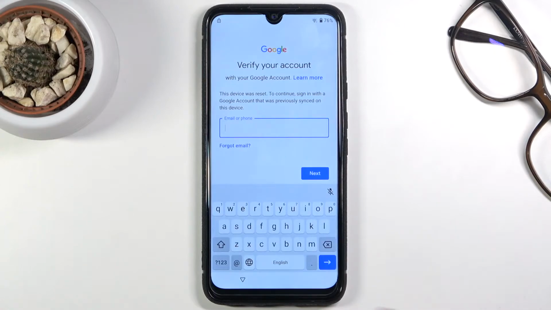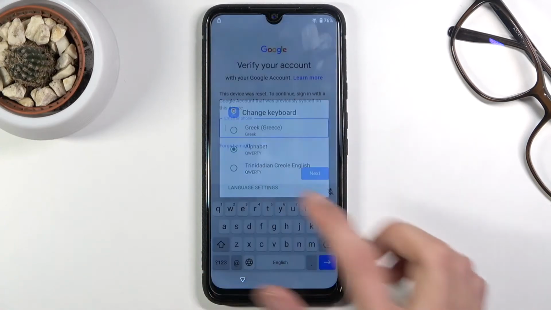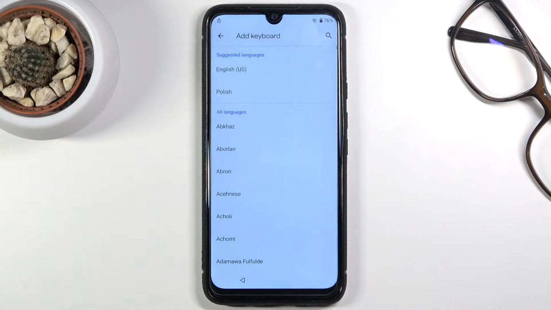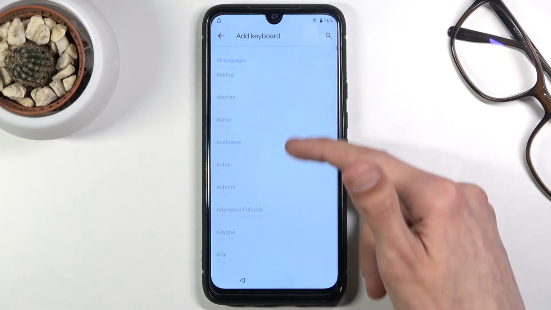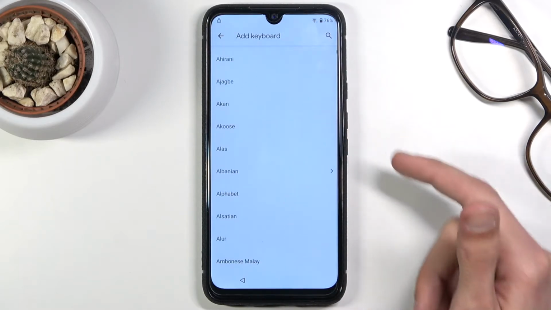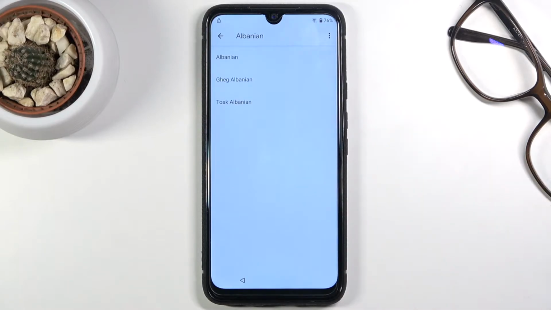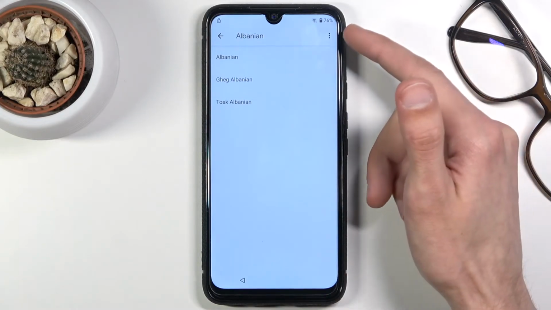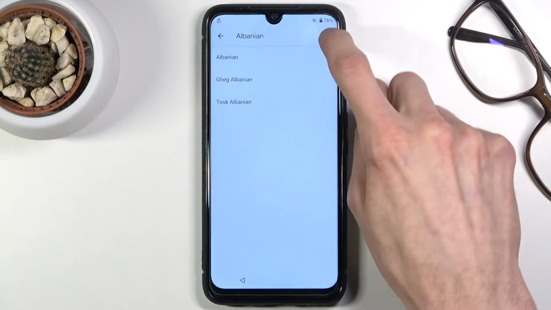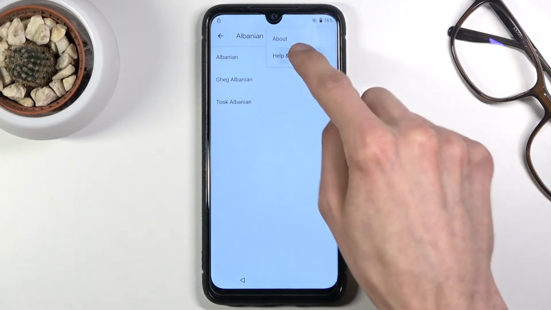Again, let's tap on a field, hold the globe icon, go to language settings, add a keyboard, and this time around you're looking for an option with an arrow. So let's scroll down, and there is one, Albanian, so let's click on it. And as you can see, the option with an arrow looks a little bit different. There is no add keyboard at the bottom here, but what we do have is the three dots. So click on those dots, select help and feedback,